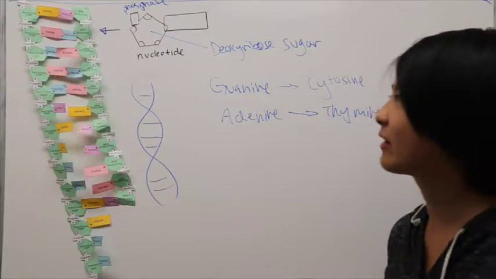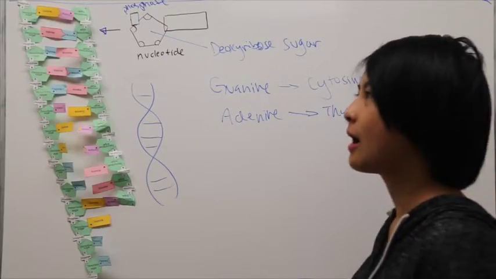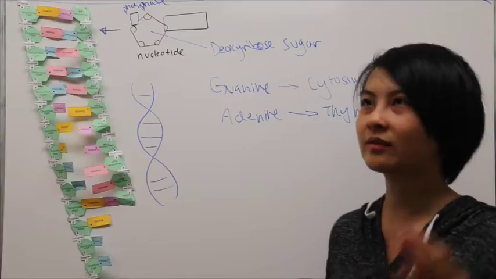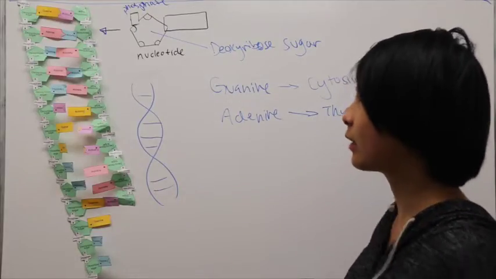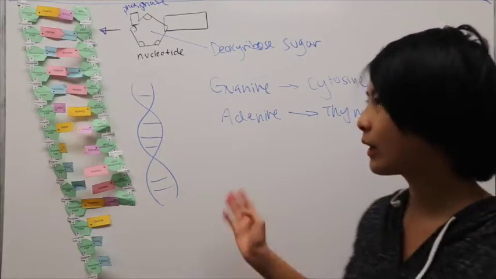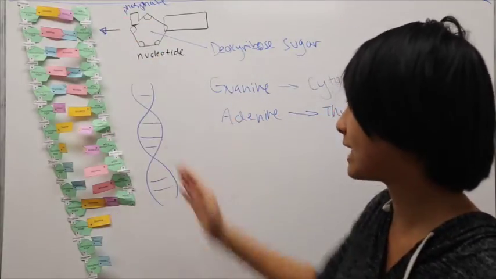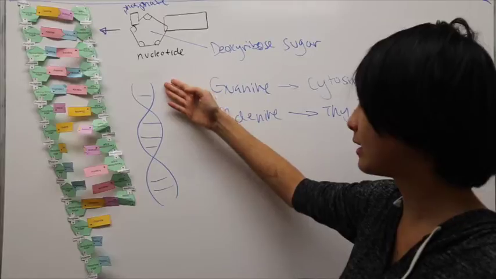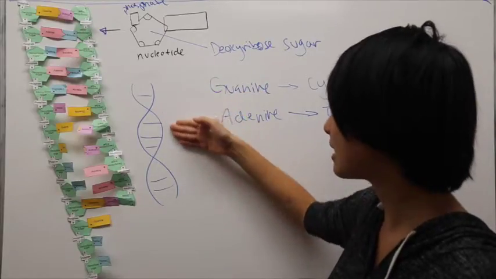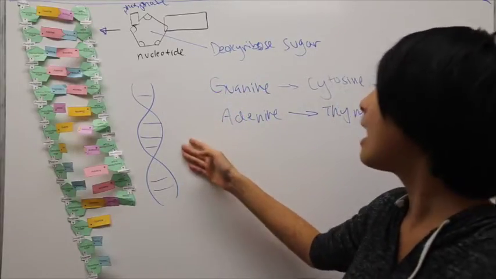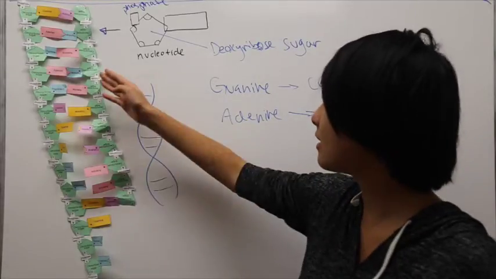DNA is like the blueprint of your cells. It is what controls the development of any living organism. They are located within the nucleus, and this is an example of a strand of DNA. The DNA is usually twisted in a double helix structure like this, and within the DNA